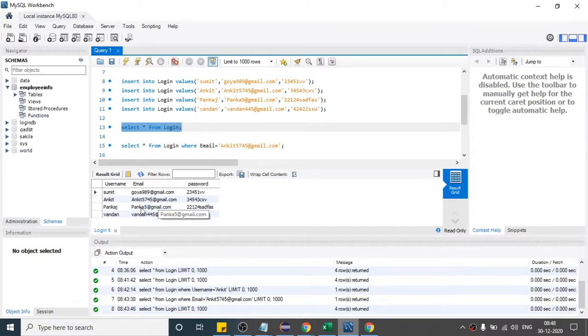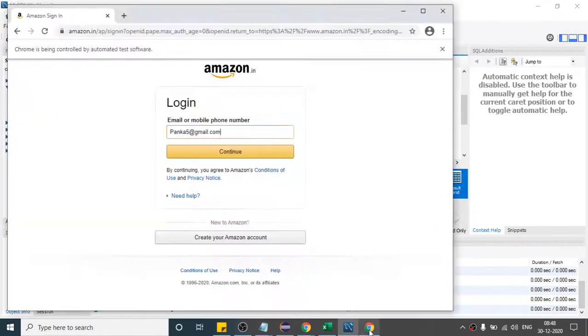So suppose the client changed this person's email to some other email. Every time, as I'm using this, you are going to get the updated data, and whatever the updated value is will come here, right? So you do not have to worry about the data changing every time. You will get the updated value from the client database. So this is how you can connect your database with Selenium. Is it clear to everyone?